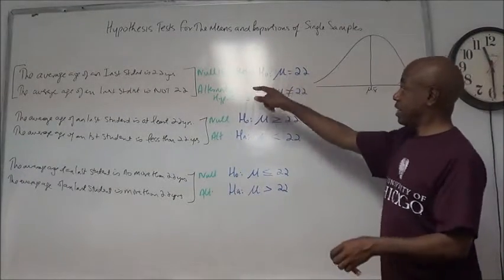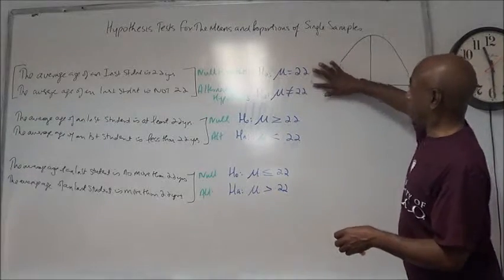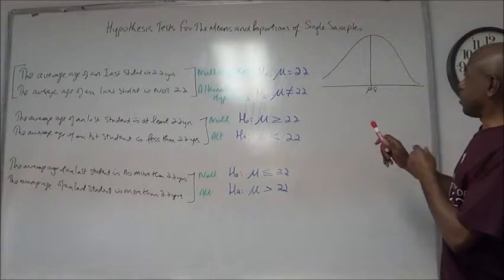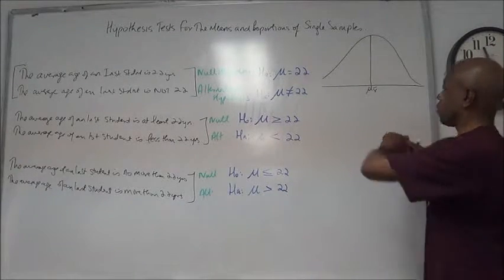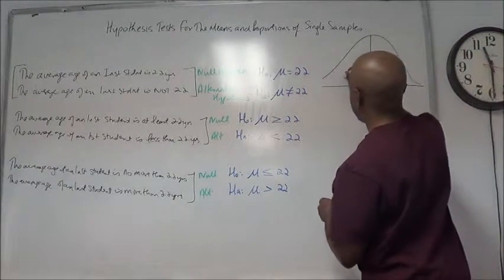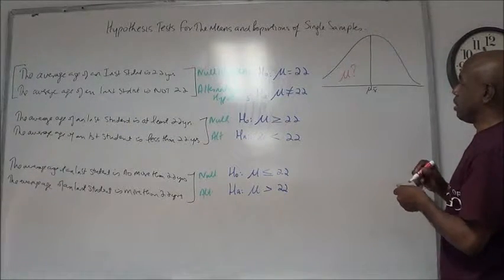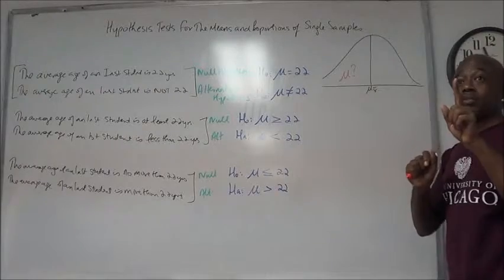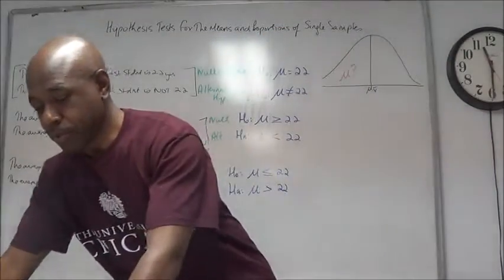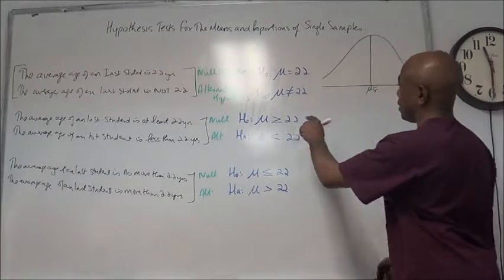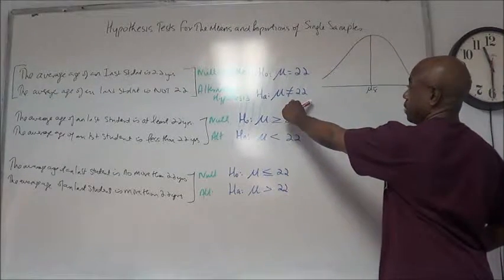So, in this procedure, when we say we're going to try to prove him wrong, the procedure says, all right, he says the mean is there. So, look on the left-hand side. Is the mean actually here? Yes or no? Well, we don't know yet. That's what we're trying to prove. But that's the procedure saying, look on the left-hand side, right? Because it says the mean is not 22.